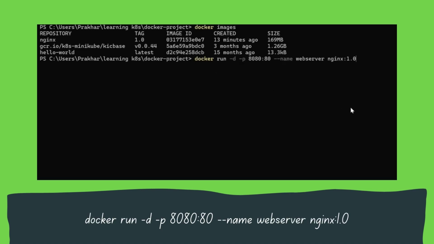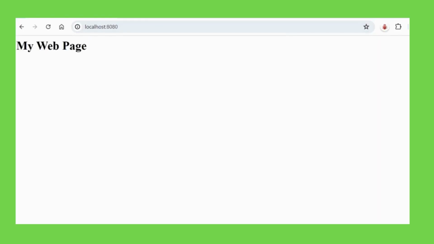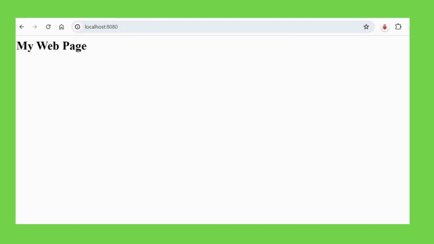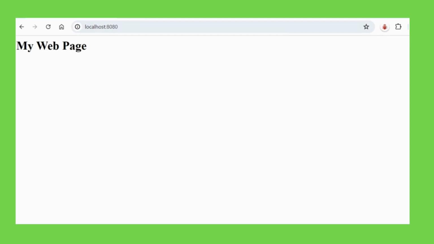Now let's run a container by using the following command: docker run -d -p, then the port number, then --name and the container name, then the image name, colon, and the image tag. This will create a container. We can switch to a browser and hit the URL with the IP address or simply localhost and the port number to display our web page. Now to list our containers, you can use a docker command like docker ps, or else